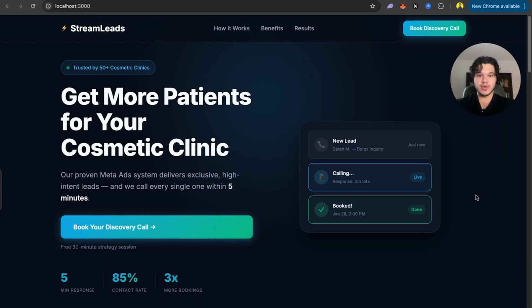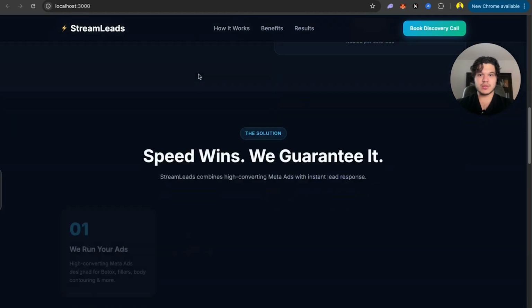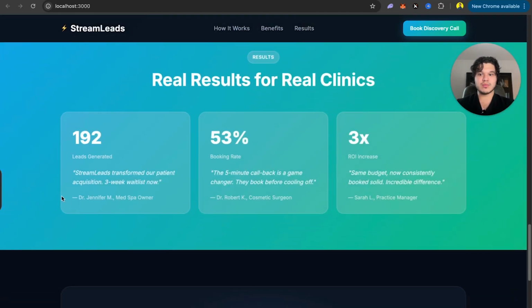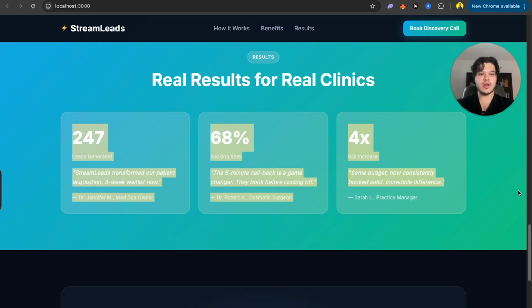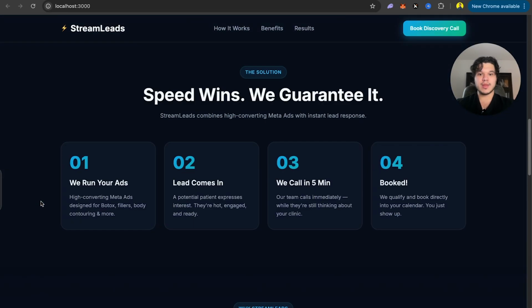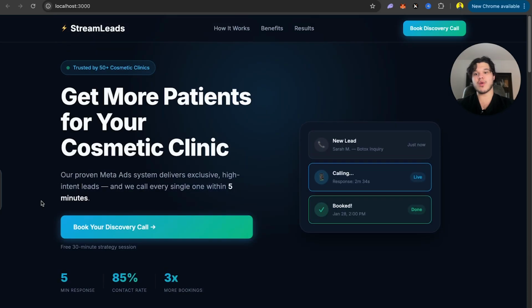So we're going to come here, and this is the landing page. As you can see, we have how it works, we have benefits, and we have results. Now obviously this is fabricated. You're going to want to put your actual results in here. But this is fantastic. This is a great first step, especially if you're a beginner when it comes to landing